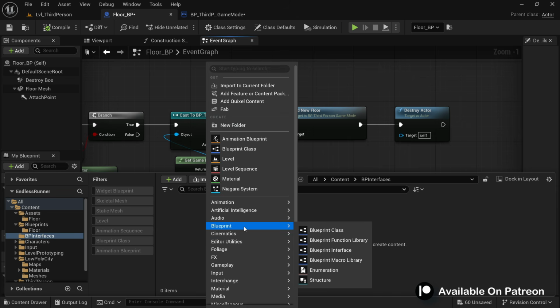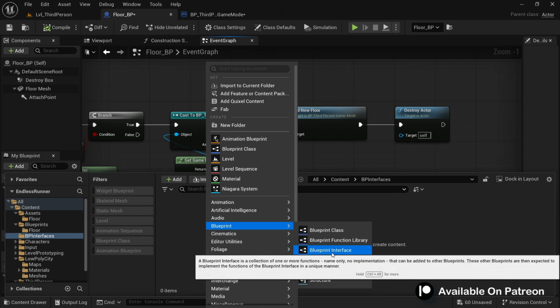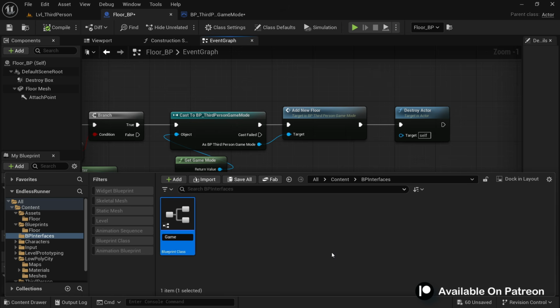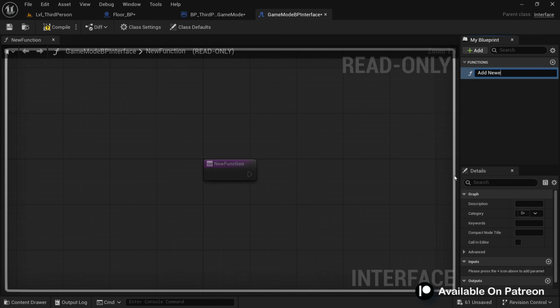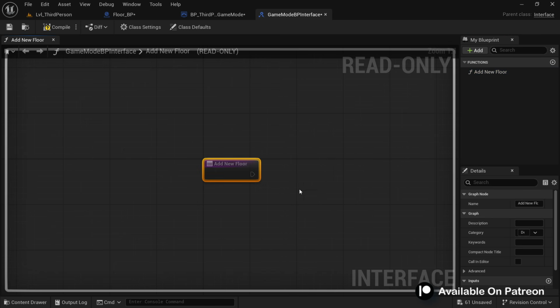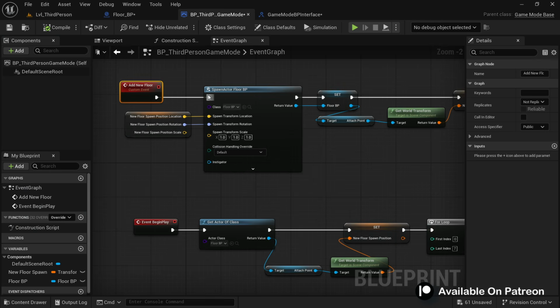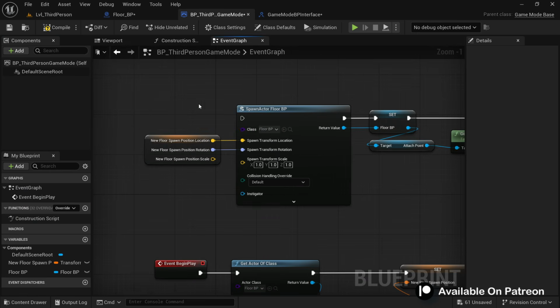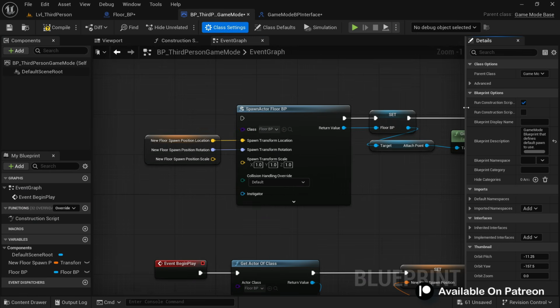Now to create one, right click in the blueprints, here select the blueprint interface. Let's call this game mode BP interface. Open this up and here let's name this event add new floor. Compile it. Now to use this interface to replace this event, go to your class settings and right here